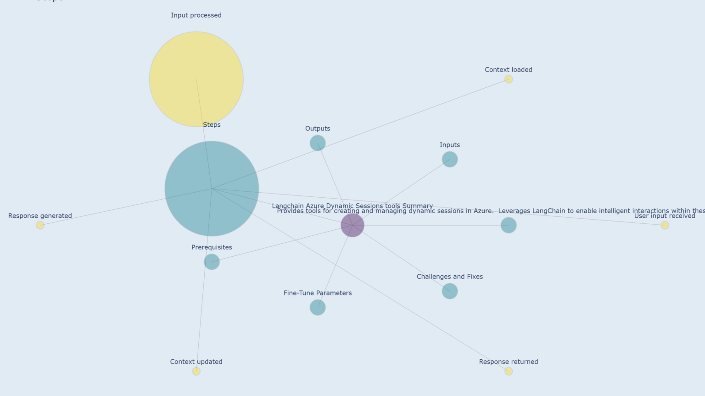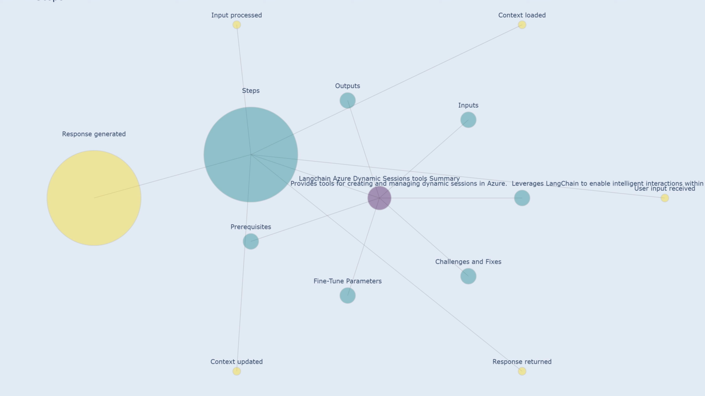The received user input is processed, analyzed, and interpreted to understand its meaning and intent. This might involve natural language processing techniques, parsing, and data extraction. Based on the processed input and the loaded context, a relevant response is generated. This response might be a textual answer, a piece of code, a retrieved data point, or a combination of these